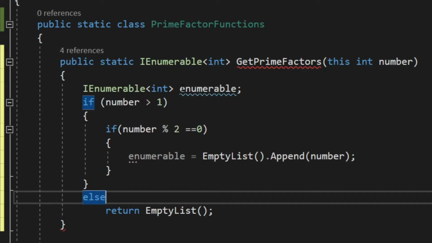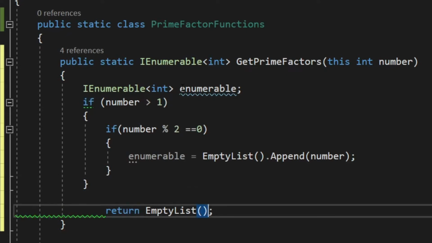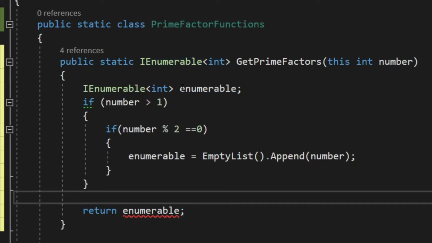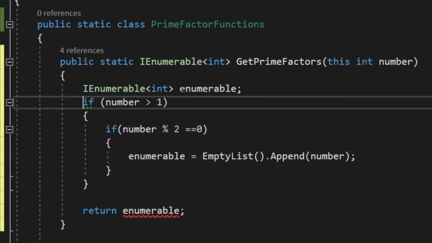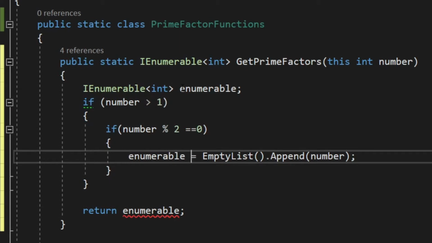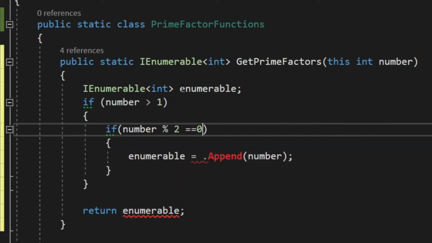And then we're going to make it return the variable as opposed to an empty list. We'll come and rename that later. Okay, so I'm now going to take the empty list out of here, and this is a bit scruffy, but